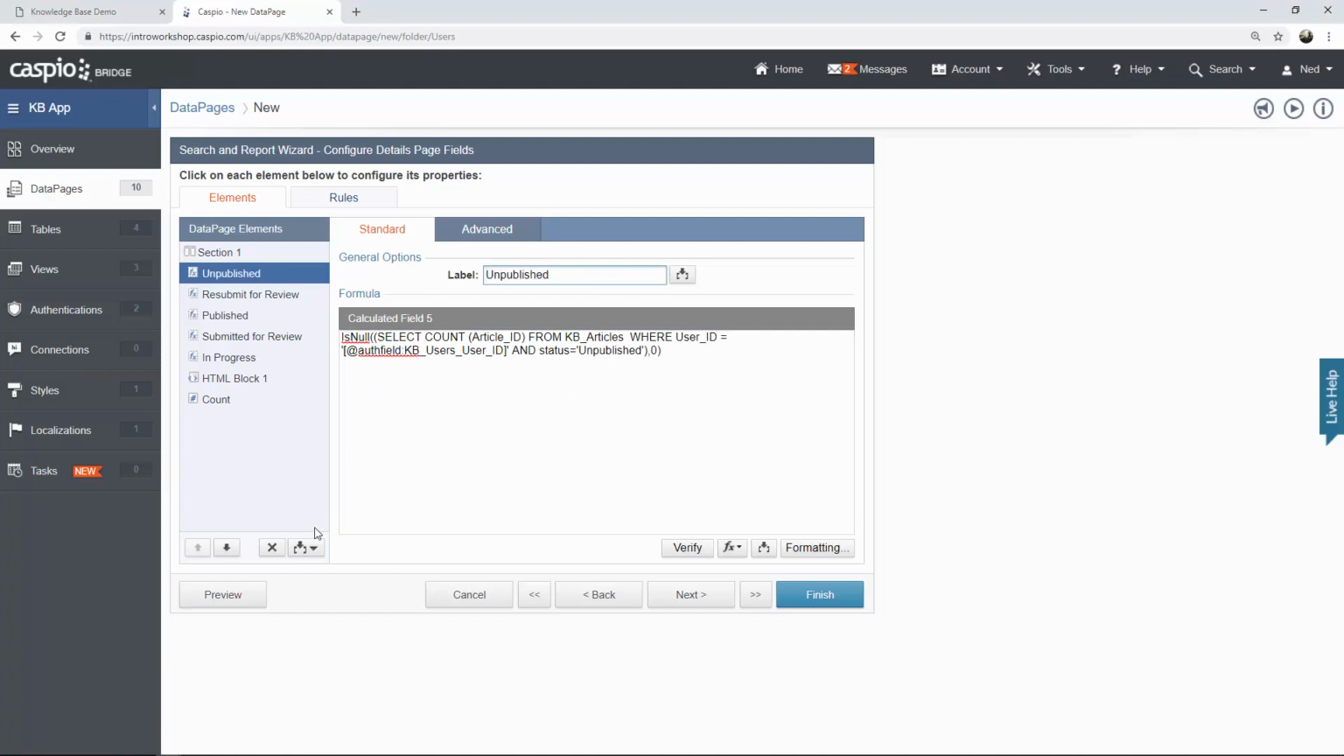And last but not least, let's add one more calculated value. This one is actually going to count the number of feedback that exists in the feedback table for that specific user. And we'll just call this total feedback. Now remember, I do want to hide this count field because I don't want this to be displayed on my